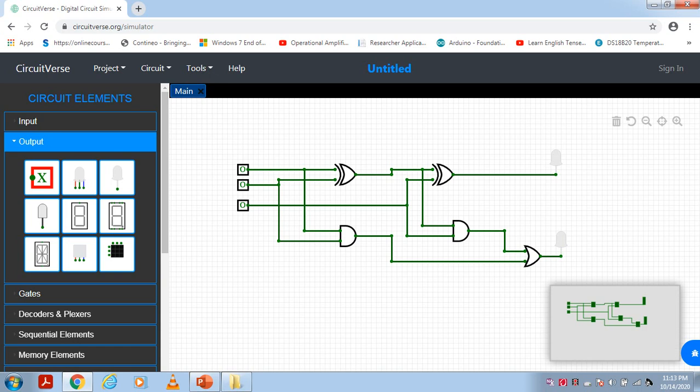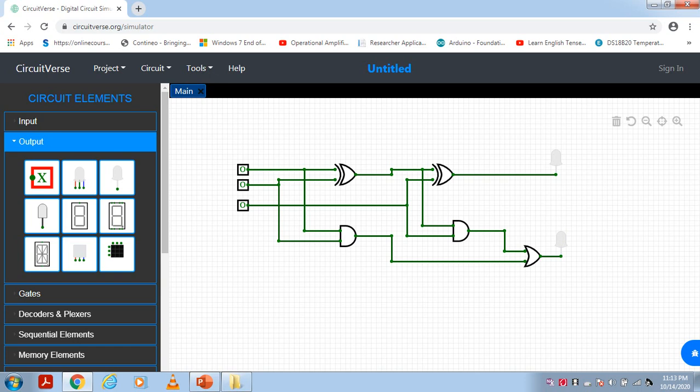Now these are the 3 inputs. A, the first one is A, second one is B, third one is C. This is my sum output and carry output. As we know, for the full adder circuit, 3 input, 2 output.